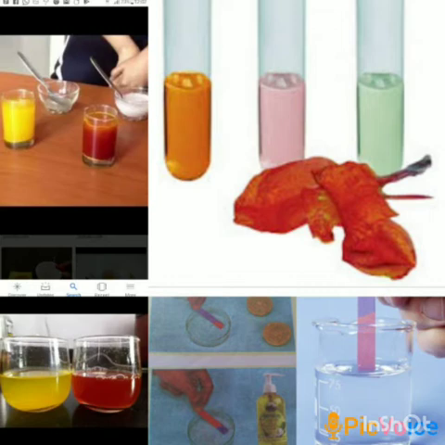Litmus can be used as an indicator in the form of a solution. In practice, it is more often used as paper, litmus paper. We often use litmus paper as an indicator. The color of litmus paper